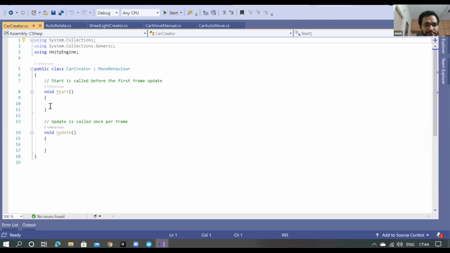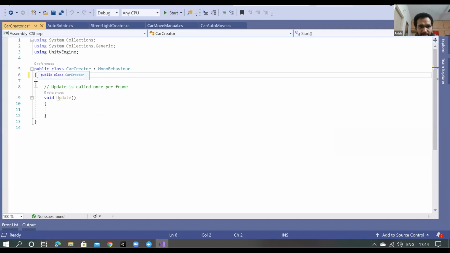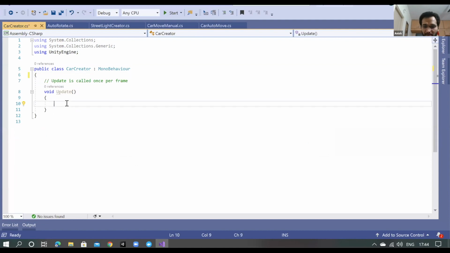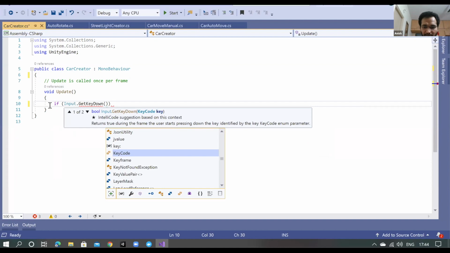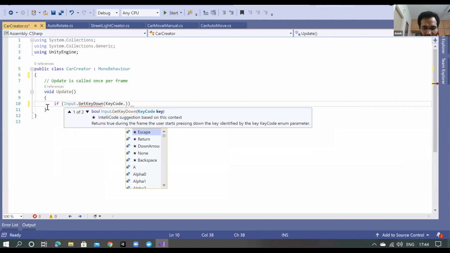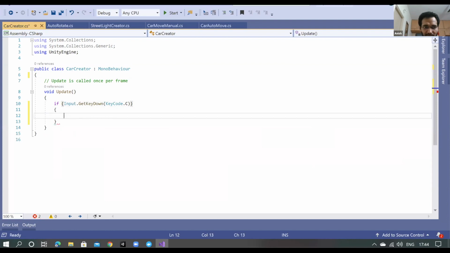Okay, so what I'm going to do is delete this Start method. I don't need it. Here I will write code: if Input.GetKeyDown, and this key is KeyCode.C. So press the C key. This is my input block.